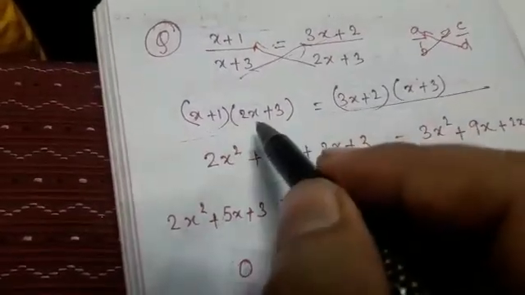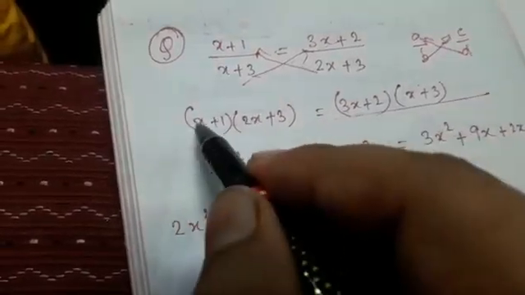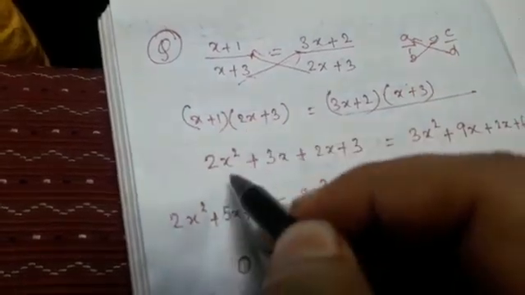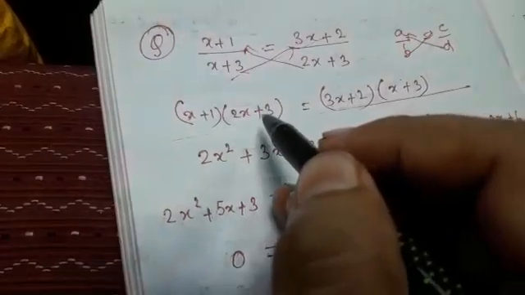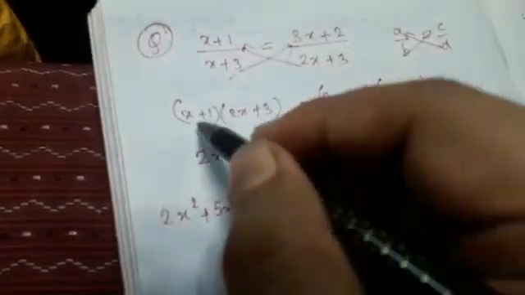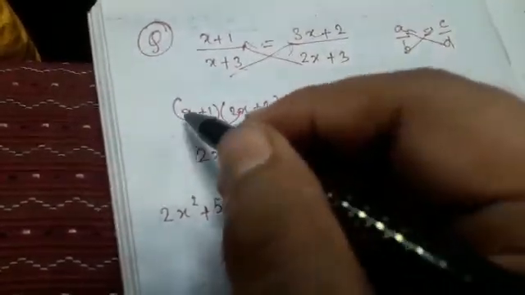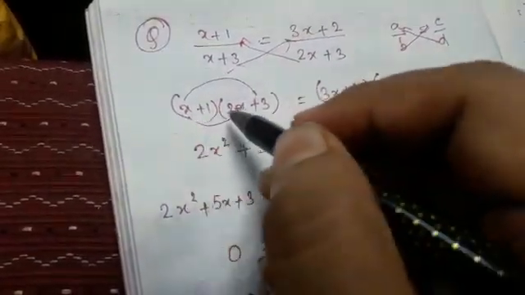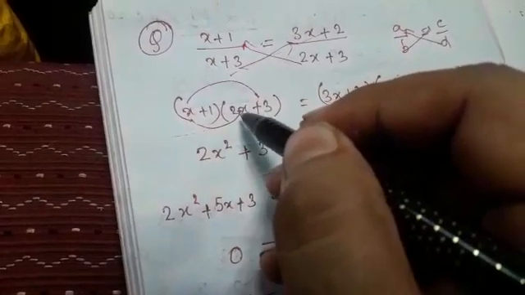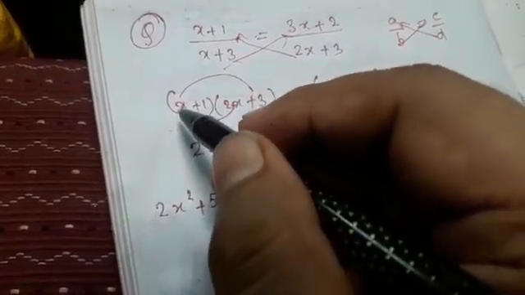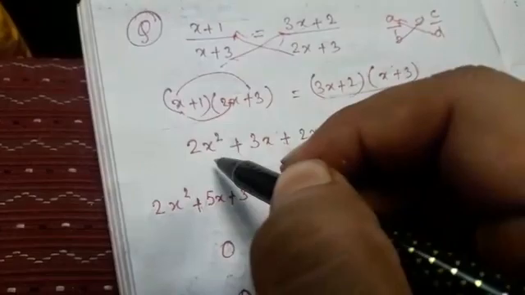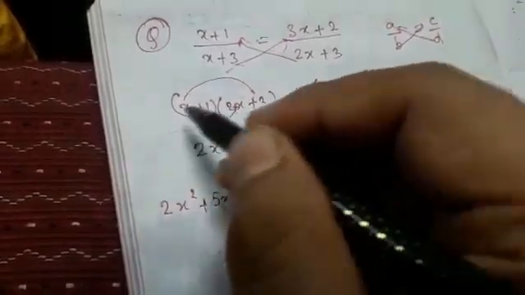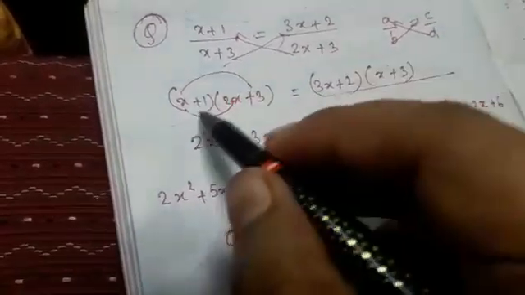Now you open the bracket, you multiply. So see, here the coefficient of x is 1, so 1 into 2 is 2, x into x is x square, right? So plus plus, we have to multiply this x with this 2x and again with 3. So the coefficient of x is 2 here and 1 here, so 2 into 1, 2. x into x is x square, right? So plus plus plus, 3 into x is 3x. So our job is done with x.